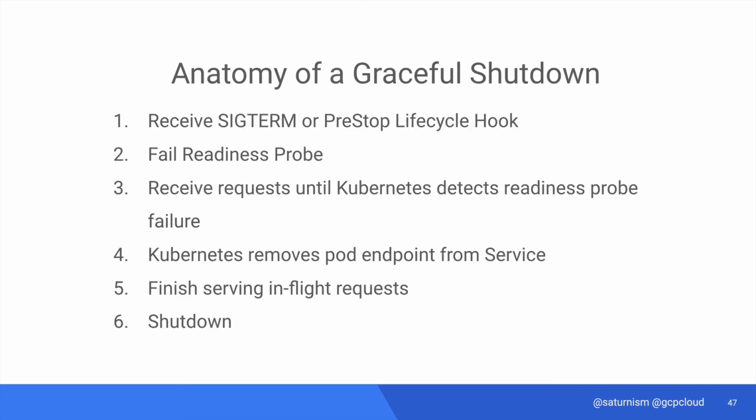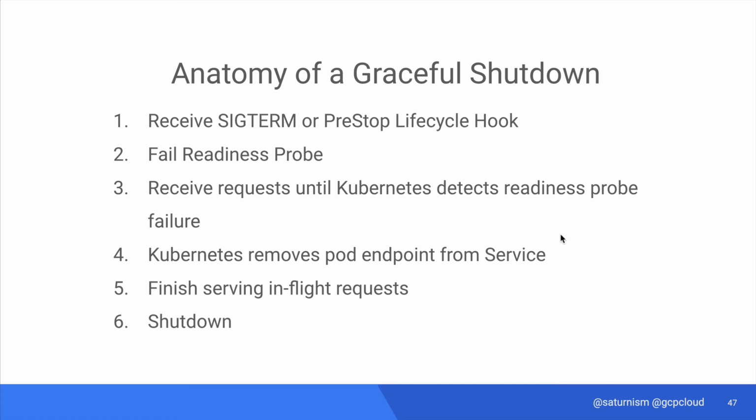The last contract is how Kubernetes will tell you that your application needs to shut down. And it will tell you by default using the SIGTERM signal. And once you receive the signal, you're supposed to finish all of your in-flight requests and shut down. However, during this time, Kubernetes might still be sending you new requests because your application may still indicate that it's ready to serve. Okay? So the first thing that you should do once you receive the SIGTERM signal is to start to fail your readiness probe. Once your readiness probe is failing, then Kubernetes will stop sending you new requests. During this time, you should definitely just finish up all the in-flight requests and transactions. And once that's all done, shut down the application.